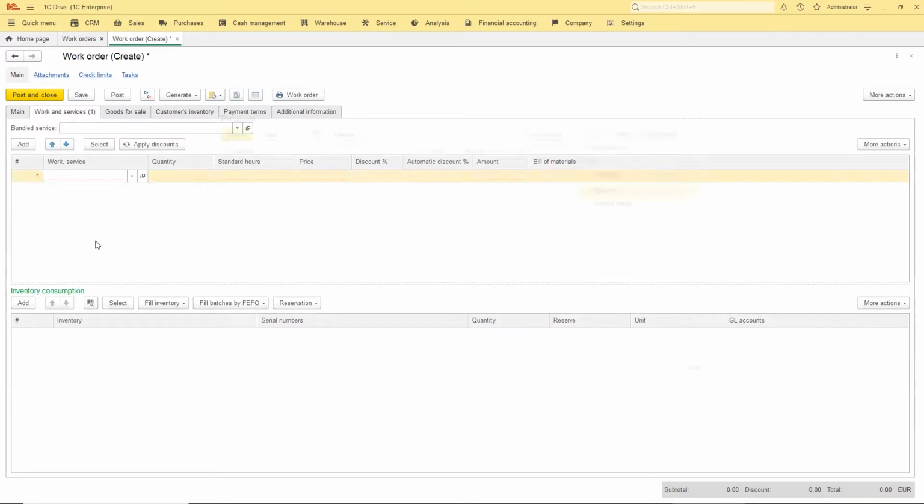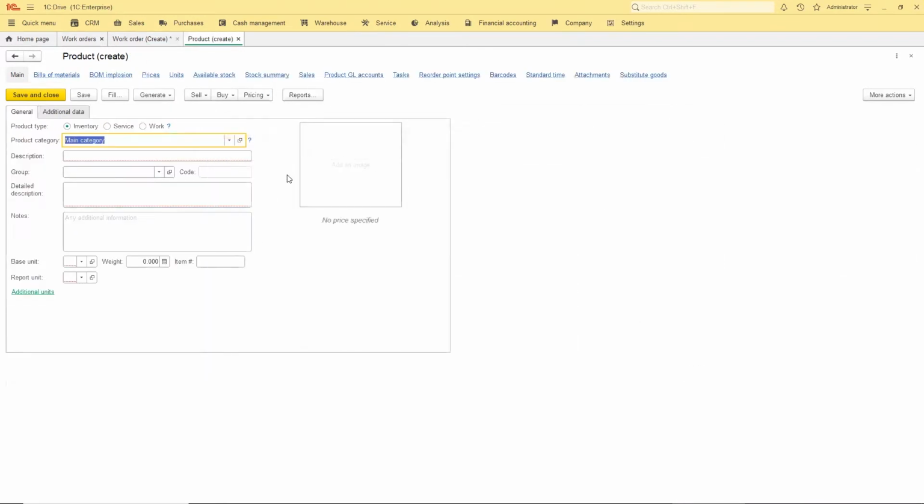We can create products. For example, iPhone 12 glass repair.